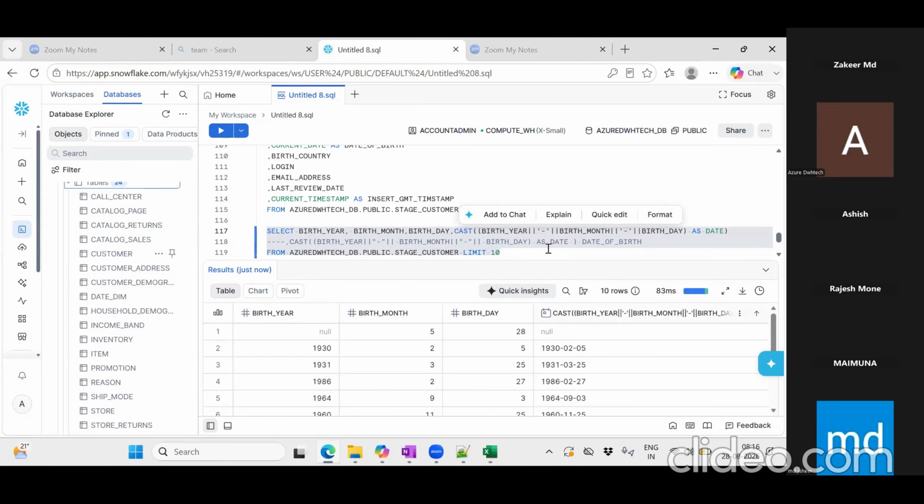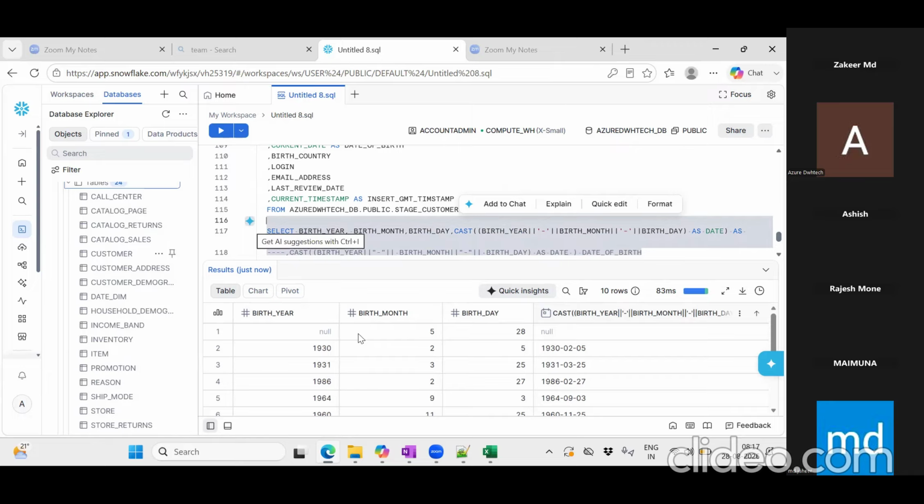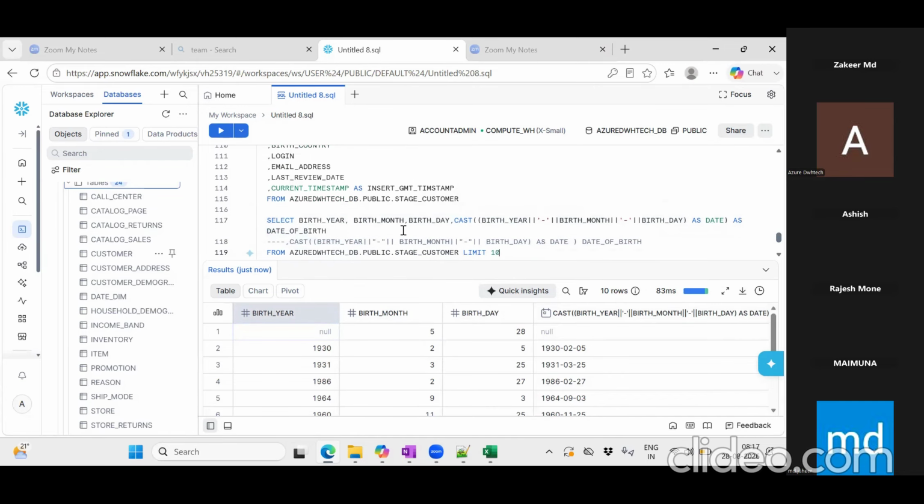Something like this you need to do. And not only that, you need to insert the data as date of birth. Okay. Something like this. This is your requirement. And as well, one more thing is, while loading the data into the derived table, okay,